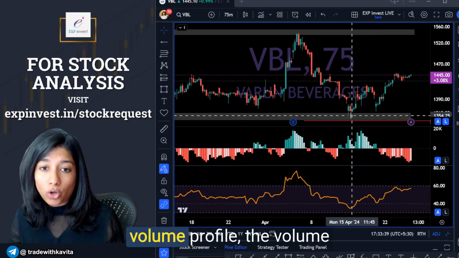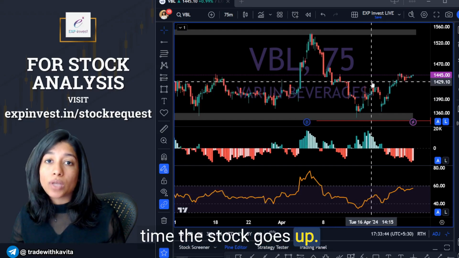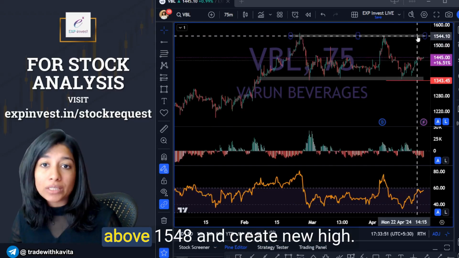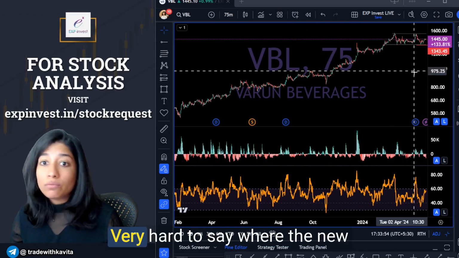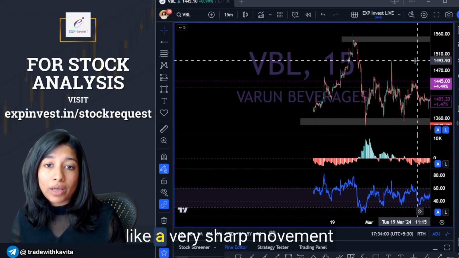So even if you look at the volume profile, the volume is picking up strongly every time the stock goes up. So my expectation is that it's going to soon break out above it and create a new high. Very hard to say where the new high would be, but I will just look out for the stock to give a very sharp